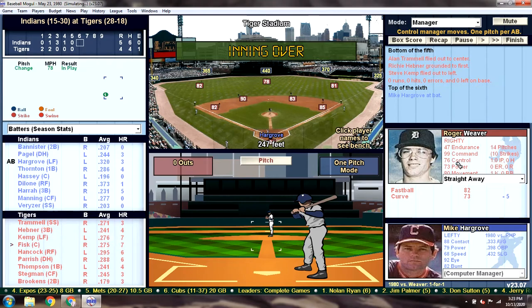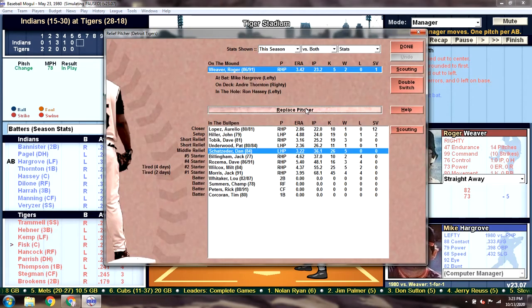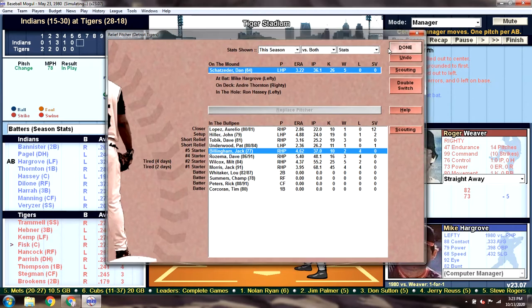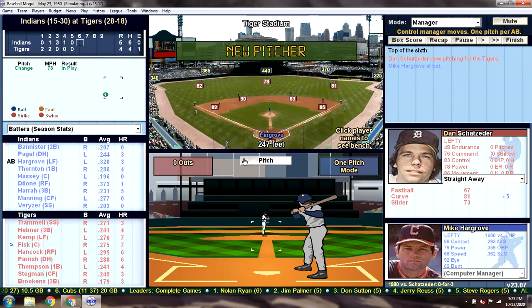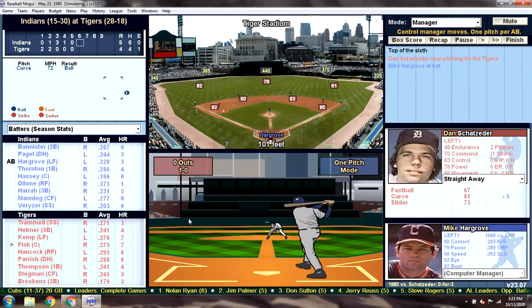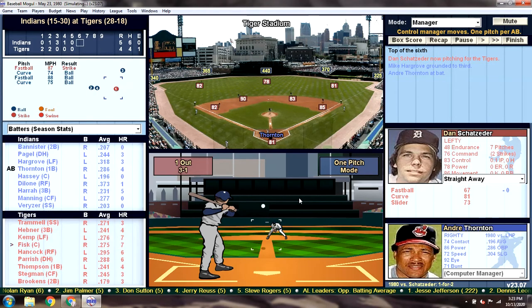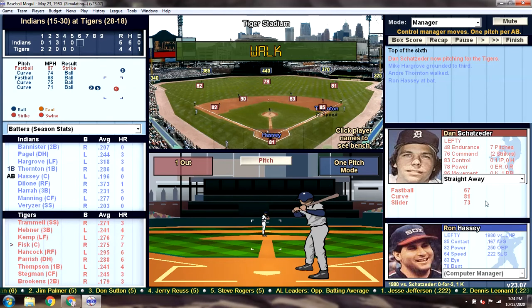Let's see. I'm going to take out Weaver, and we're going to bring in Schatzeder. And we're going to see how many innings we can get out of Schatzeder. He's been a very effective long reliever for us. And really, if Petry doesn't work out, I'm going to give him one more start. I'm going to move Schatzeder into that role. In real life, Schatzeder did get, I believe, 12 starts for us in 1980,